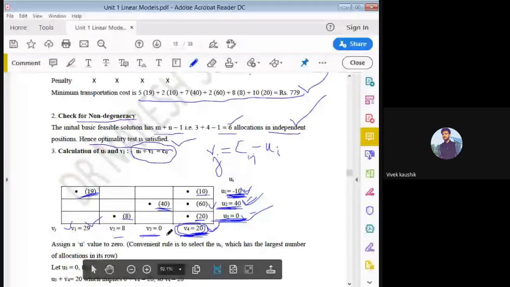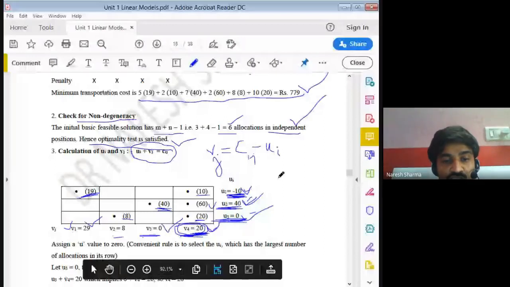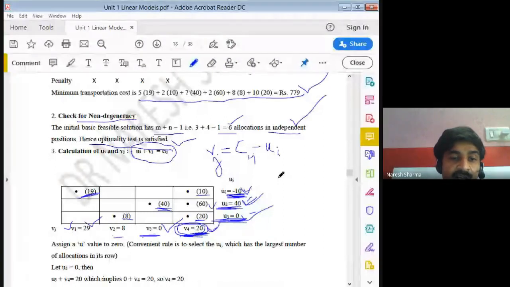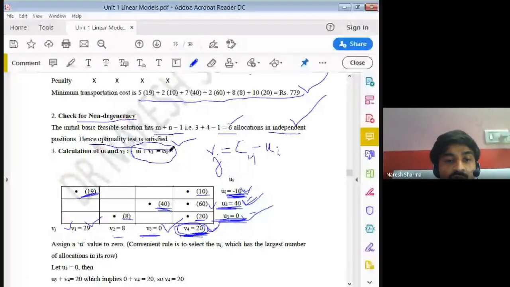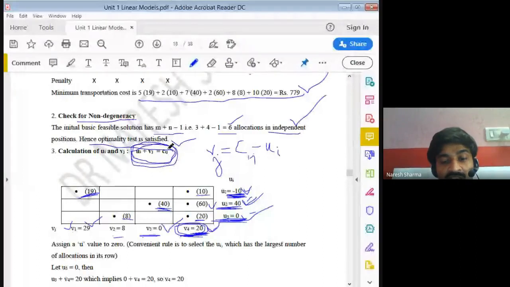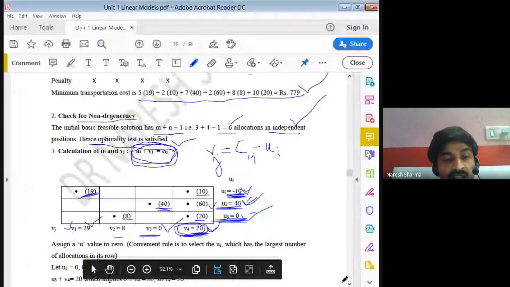The student confirms that you have only taken U3 as 0. U3 I have taken 0. The remaining I use this formula to calculate other values. Okay sir, thank you. So once you get these values, the formula or algorithm, the MODI method, says